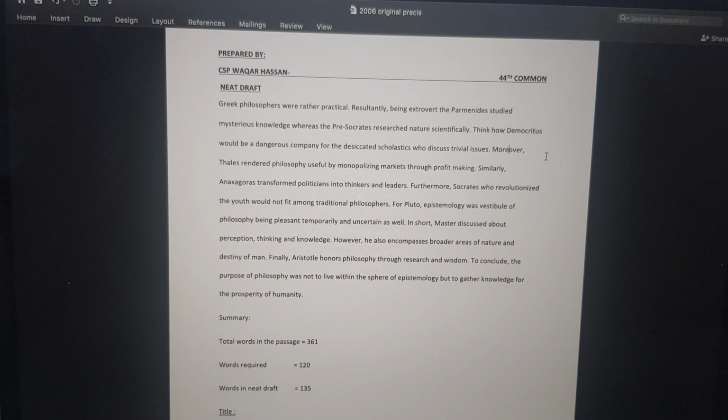So follow this process and practice at home. And one thing, always make points and then a rough draft. Many students make points for the précis, and from those points they write the neat draft, which is a mistake. Why? Because the purpose of the rough draft is to improve the précis, to improve the connectivity. So you have to write a rough draft, and make all the changes in the rough draft in order to improve your précis, and then copy and paste it in the form of a neat draft, and after that write the summary.